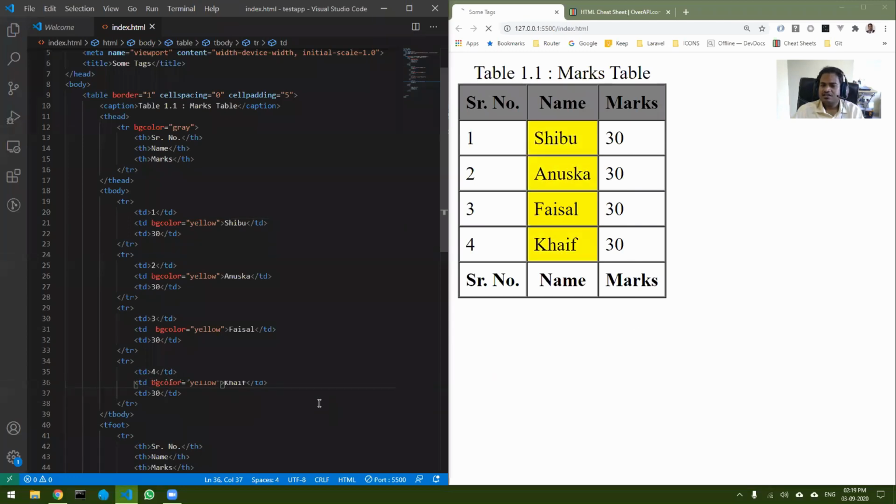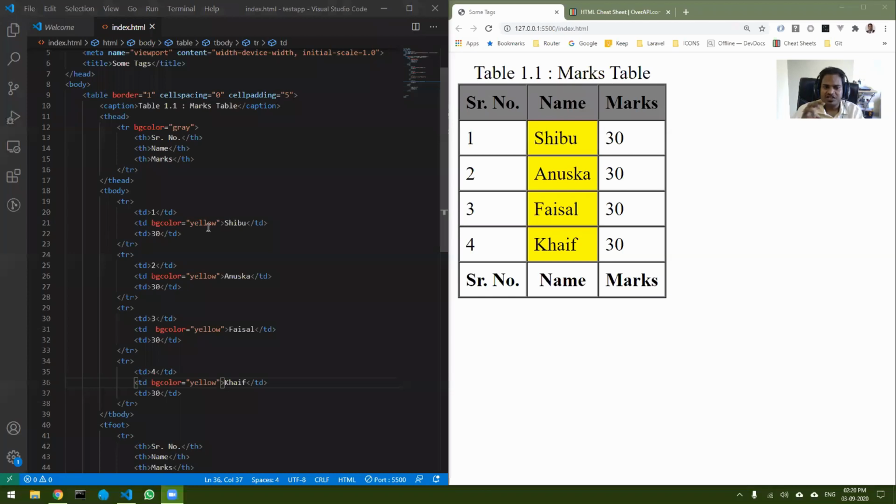And you can see that my name is yellow, right? So this is how you do it. But this is not the way we do it, because in this case, it will be very difficult. Let's just imagine if your table is not static, it changes with your code.